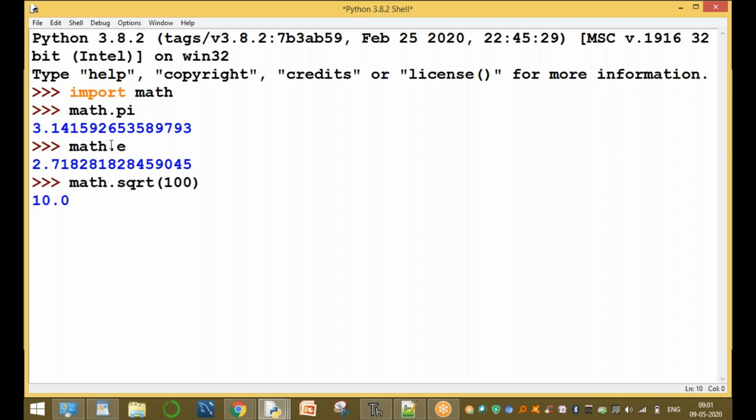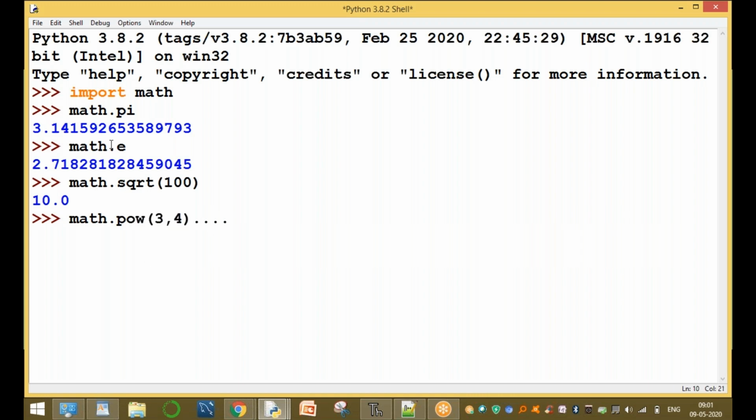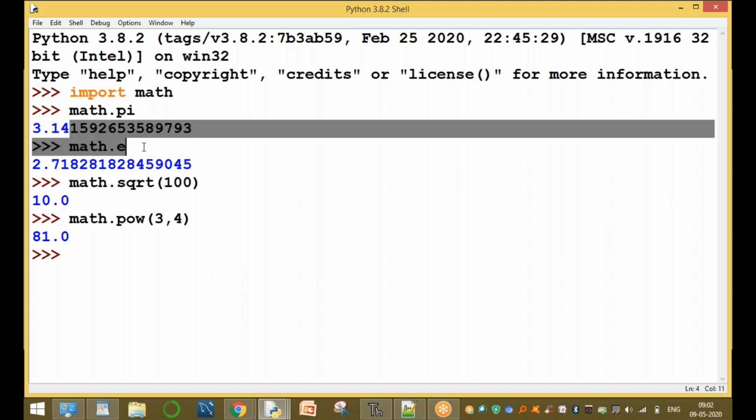Math dot pow of 3, 4 is 3 into 3 into 3 into 3, which is 9 into 9, that is 81. This is the first syntax: import math, math.pi, math.e, and so on. Clear, guys, up to here?